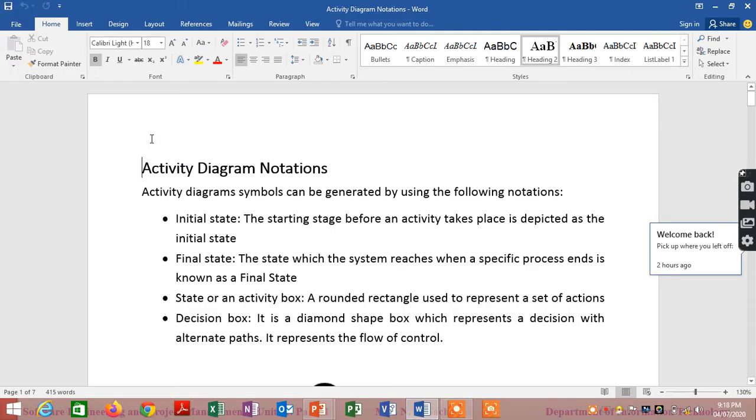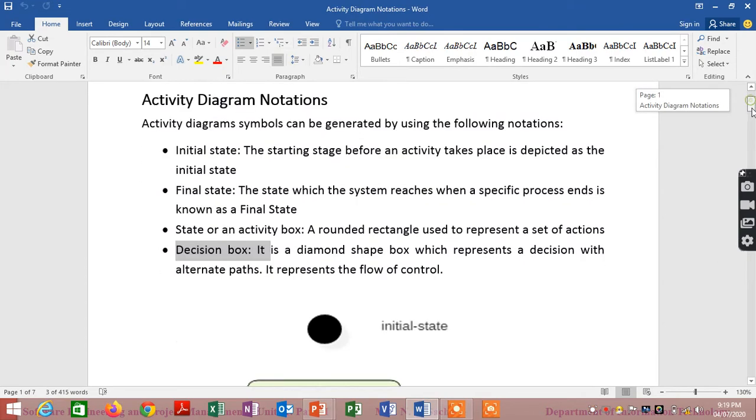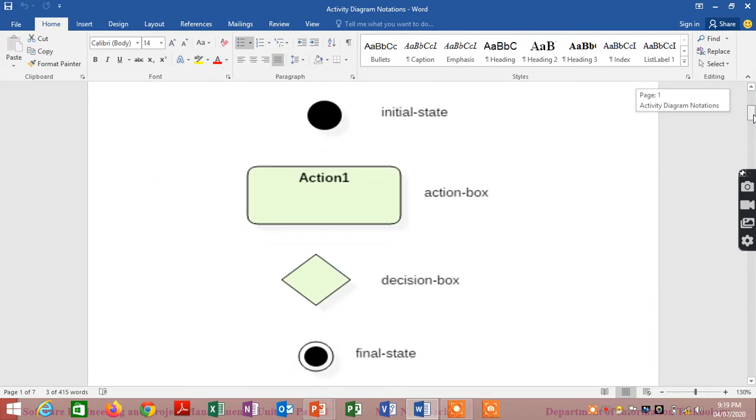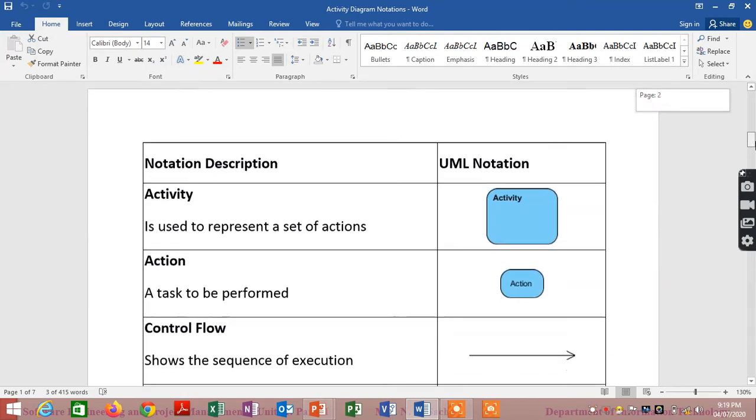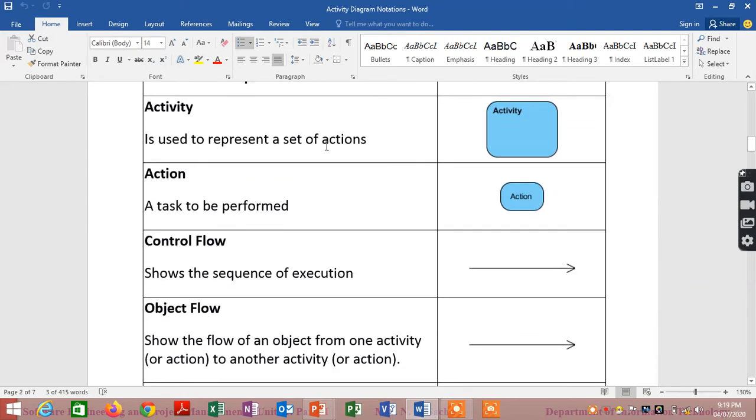For flowchart we had initial state, final state and a state or activity box and decision box. These were the simple notations available in flowchart. Now we are going to extend them further. So here also we have got activity. It is used to represent set of actions, and also we can represent actions or tasks which come under these activities.